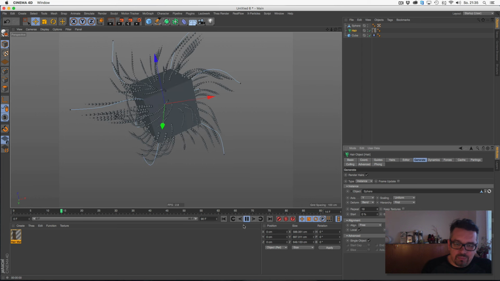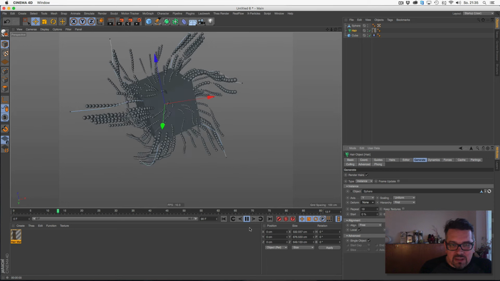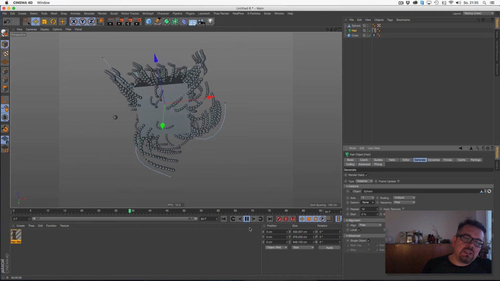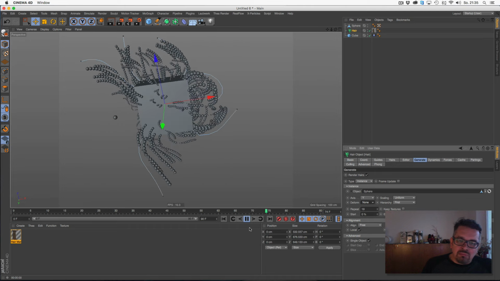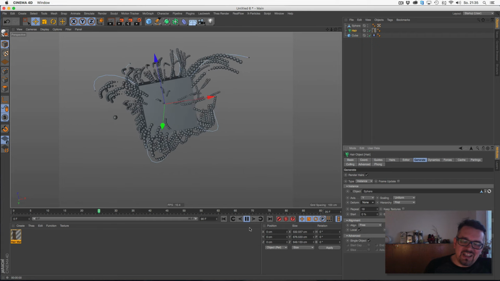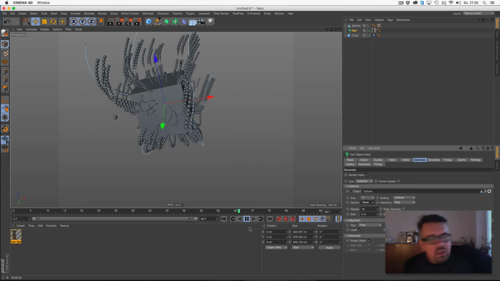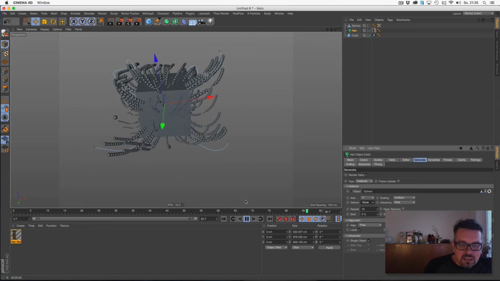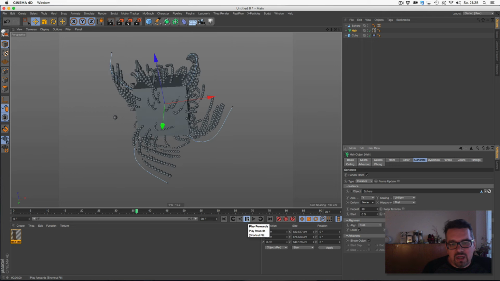It's a bit slow, but you get the idea, I hope. So when I set deform to none, it could be a bit faster. And now it's some kind of weird object, and everything is dynamic and floating away. You can collide them with any different objects and so on.